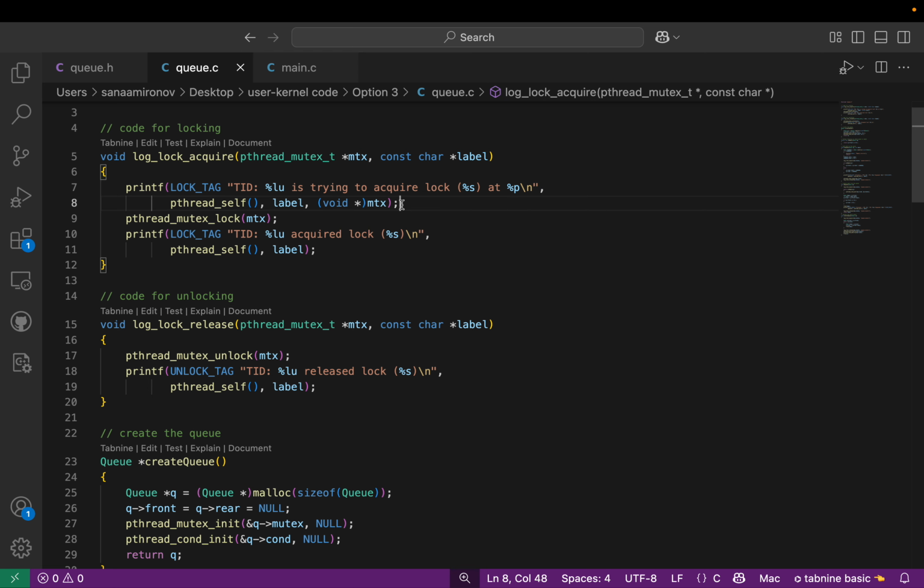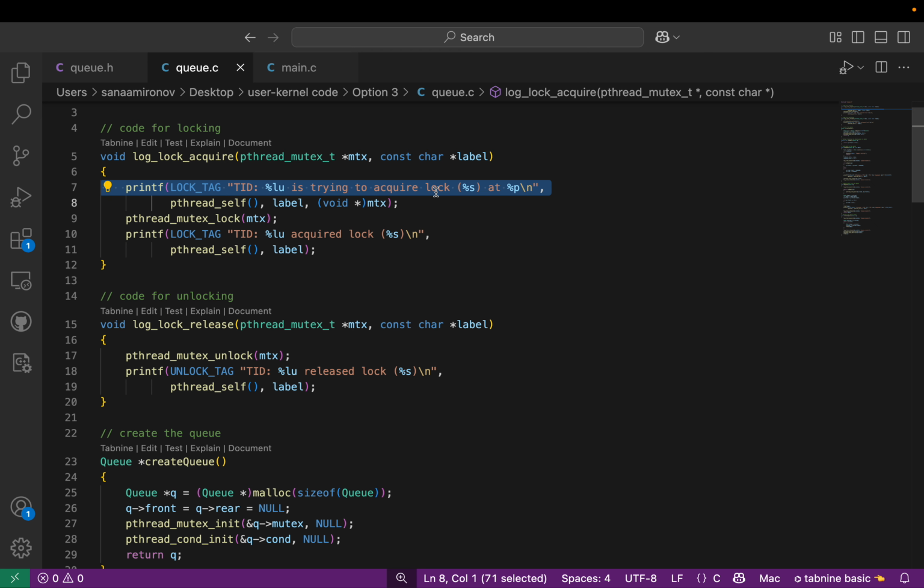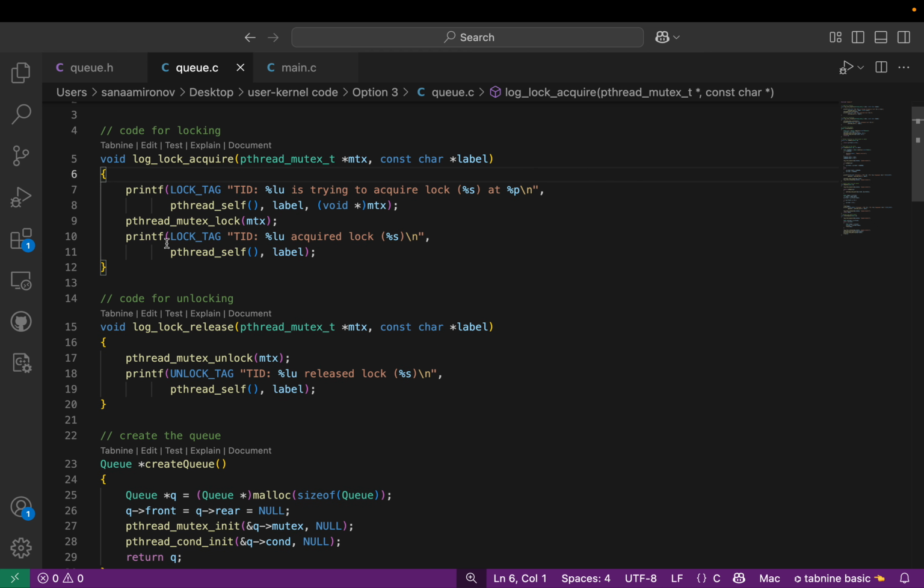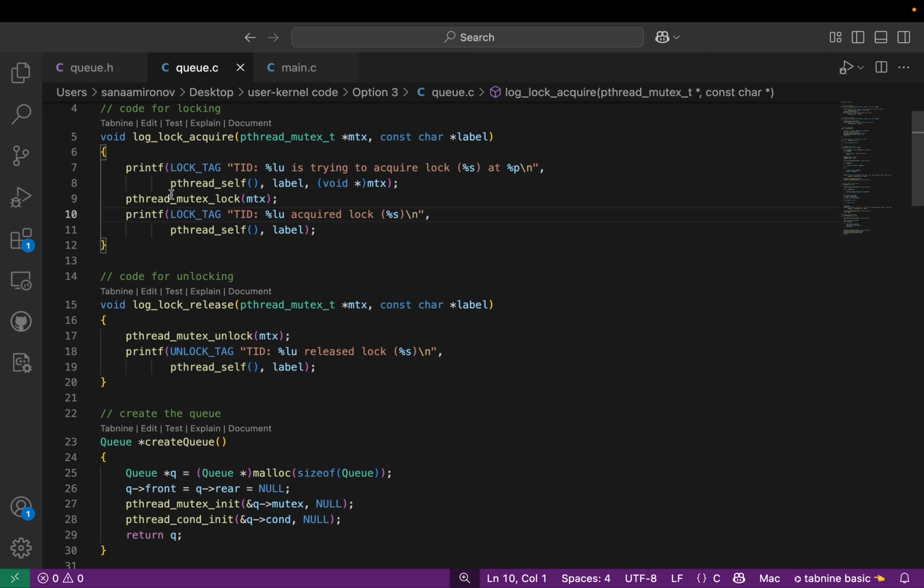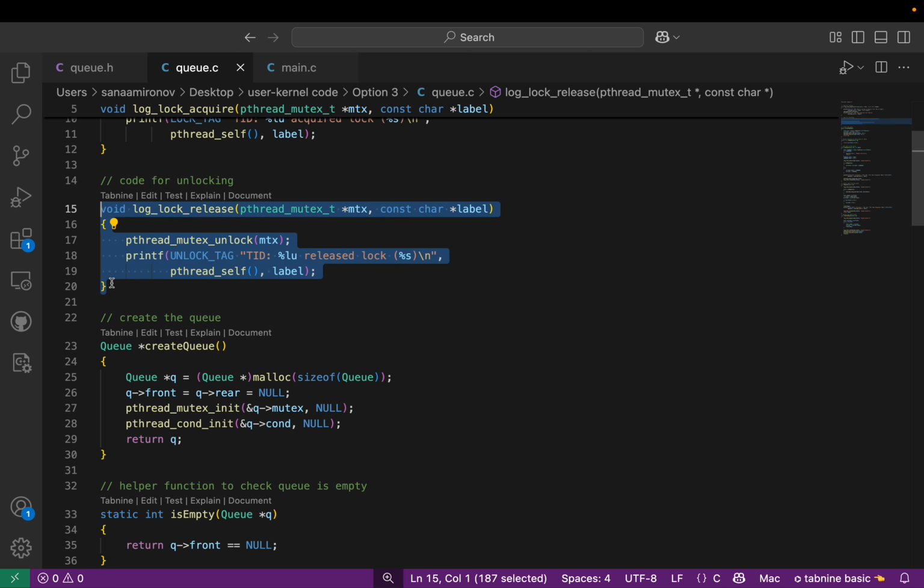But I've added a bunch of print statements, as you can see, so that you can see, like, here is this specific thread trying to acquire the lock. Here's this thread that released the lock, and so forth. Makes it easier to see. And this is user space, so we're using printf. So my code for acquiring a lock, my code for releasing the lock,